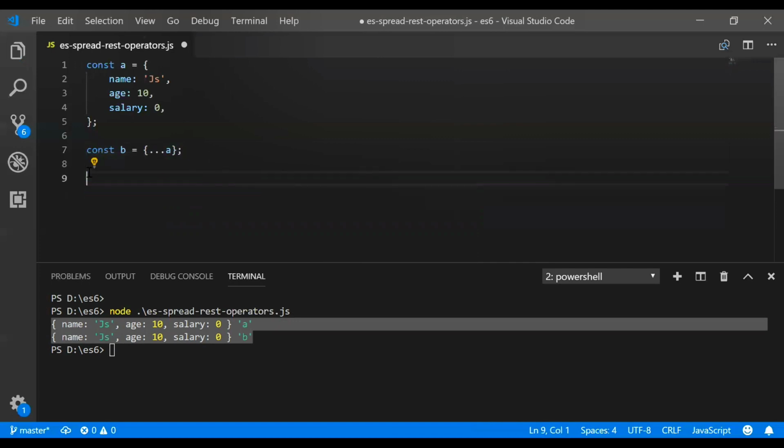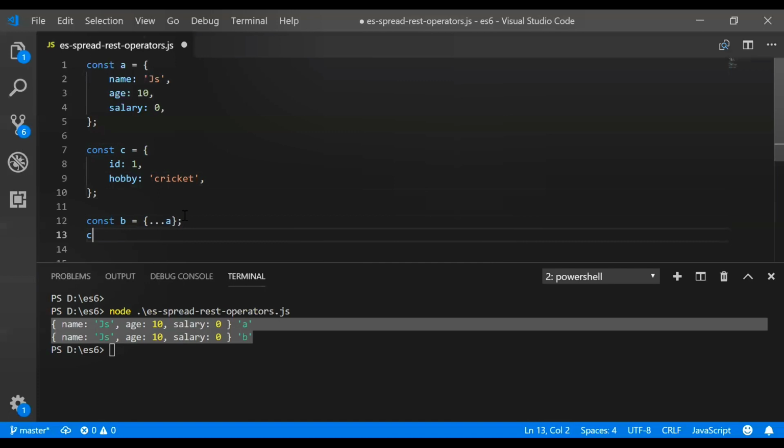So we will take another object C. Inside that we will have some data, ID and hobby. Now I want to concatenate A and C inside a new object.